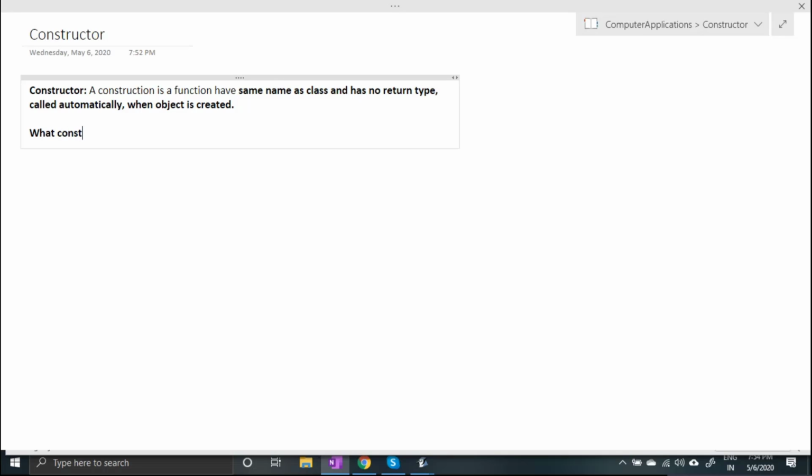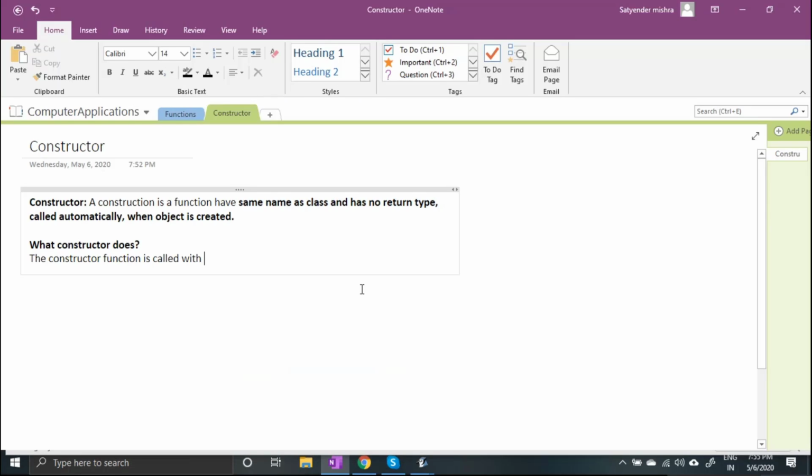The constructor function is called with the new operator.